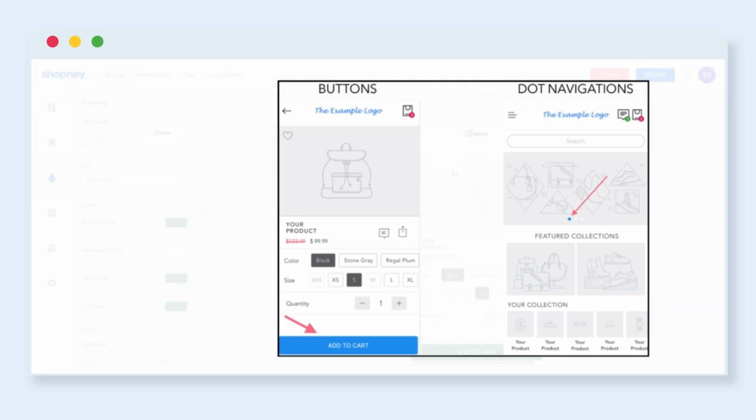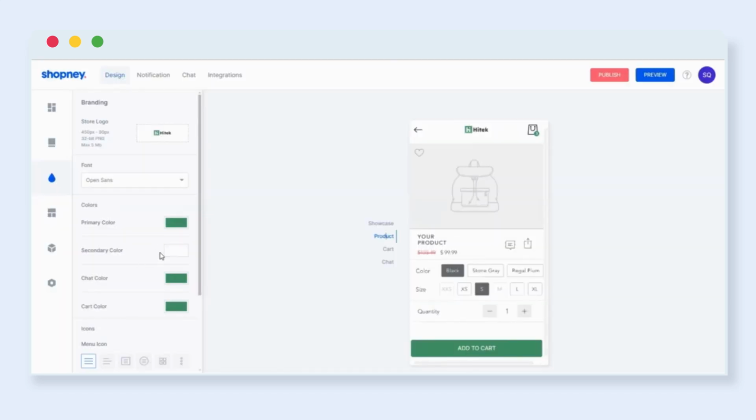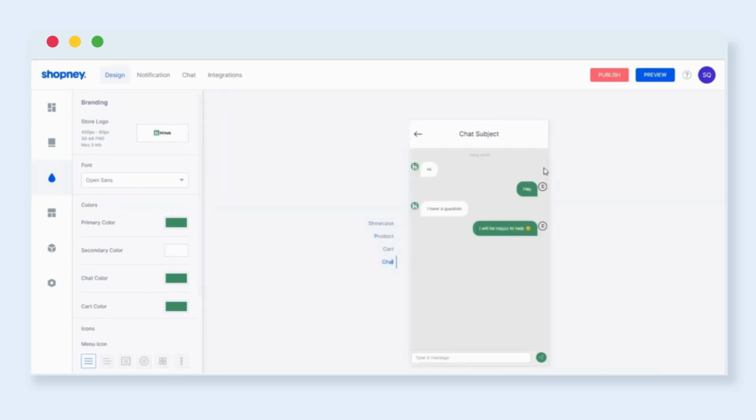And then when you go to your product detail page, you have add to cart. That's the background color that it actually impacts. The secondary color, on the other hand, will be the color of the text within the buttons. We always recommend that, of course, you select a color that is contrasting to your primary color. The chat color, on the other hand, affects how your chat messaging looks. So not only your responses background, but also the send button